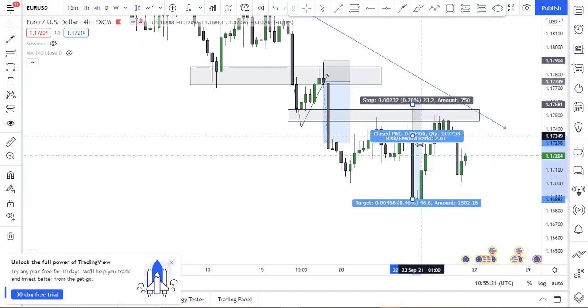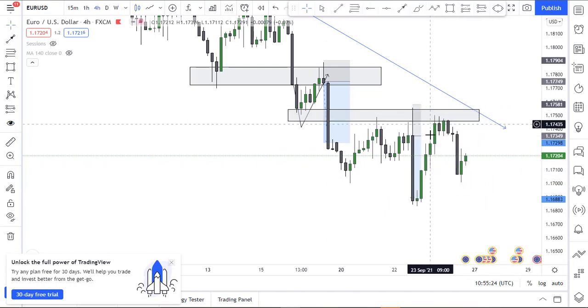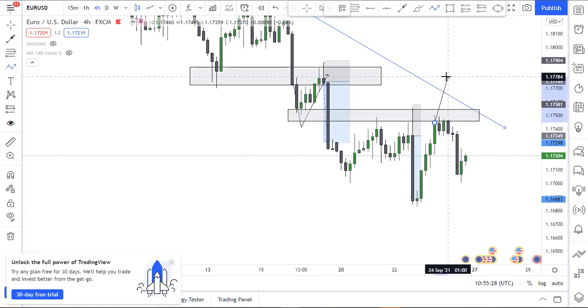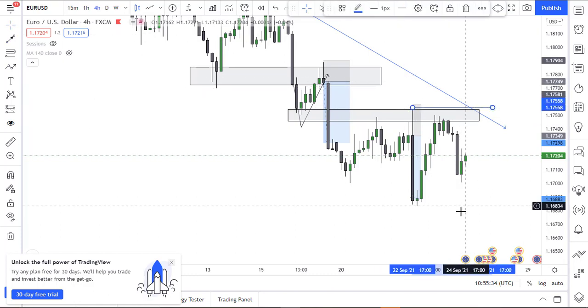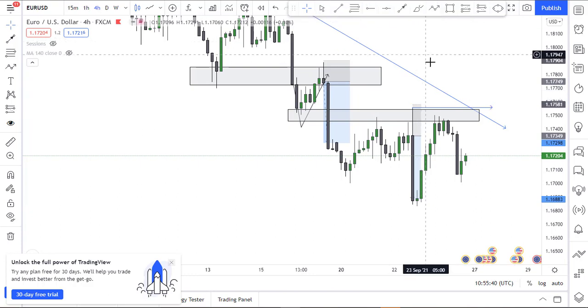The same way, price came here again and refused to break, because prices still didn't violate this previous high. Since prices didn't violate that previous high, we are still looking for a short term. Now, as we can see, this candlestick, this bearish engulfing, will help us enter into this trade